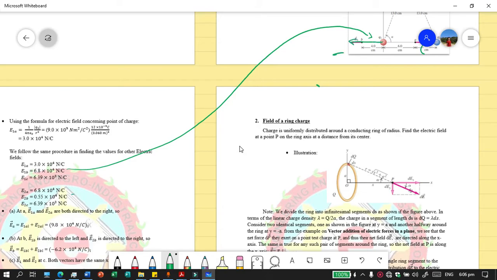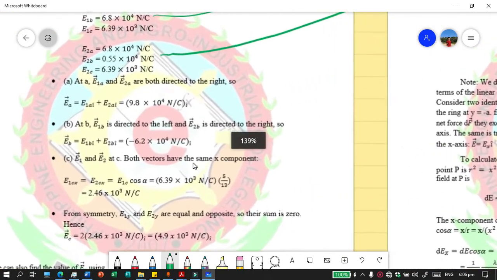Samantalang ito siya, E2B. Yung E2B natin is positive ngayon. Okay? Because it goes towards that direction. Klaro ba? Kaya, kung i-add up natin yan, magkakaroon tayo ng result na